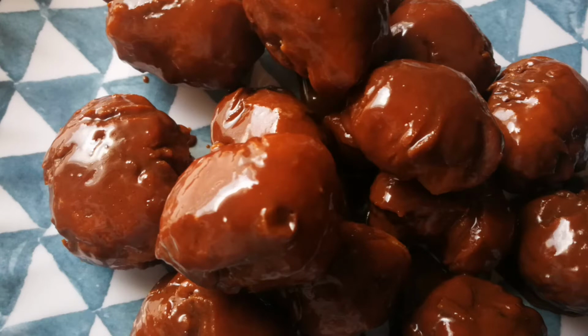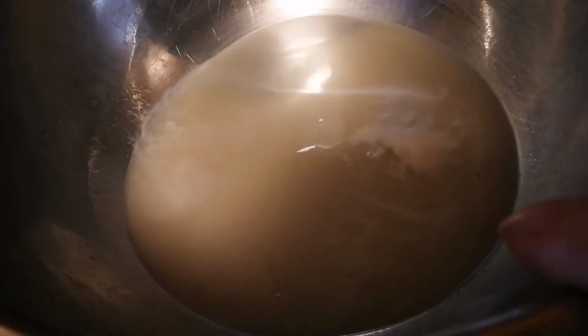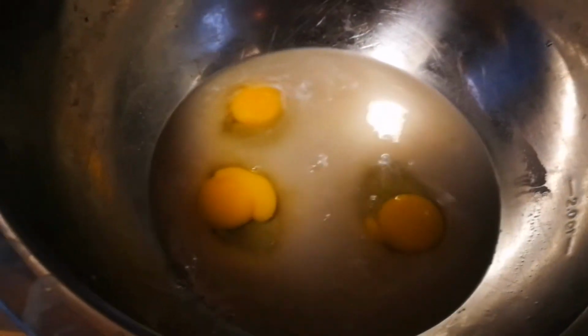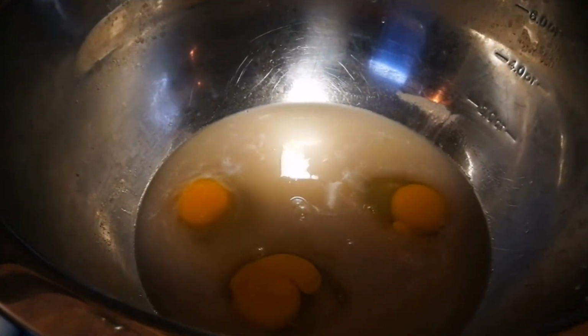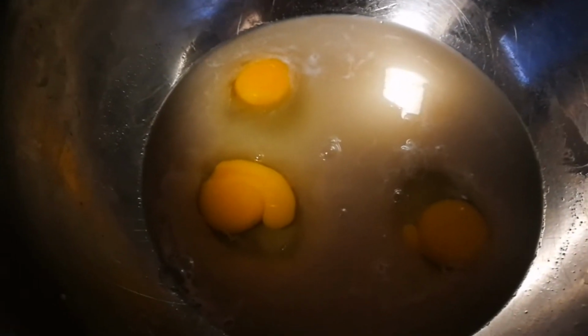So what you have to do is prepare the yeast mixture, which is a cup of lukewarm water, 2 tablespoons of dry instant yeast powder, and 2 tablespoons of sugar, and you have to let it rest. When you see the bubbles or you see that the water has become a little murky, cloudy, then you have to add 3 eggs and beat it. Then you will add a cup of oil or butter, and then you will slowly add your batter mix, which is